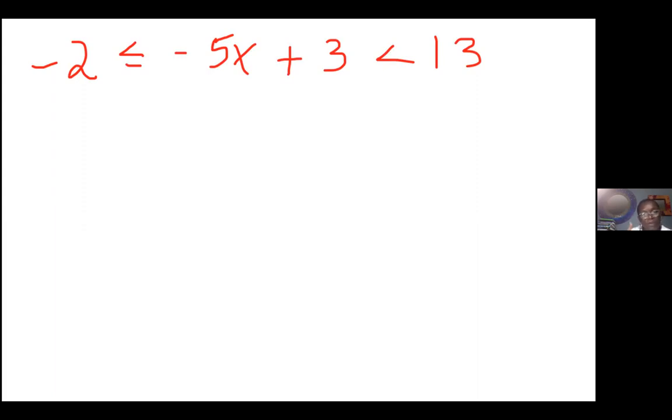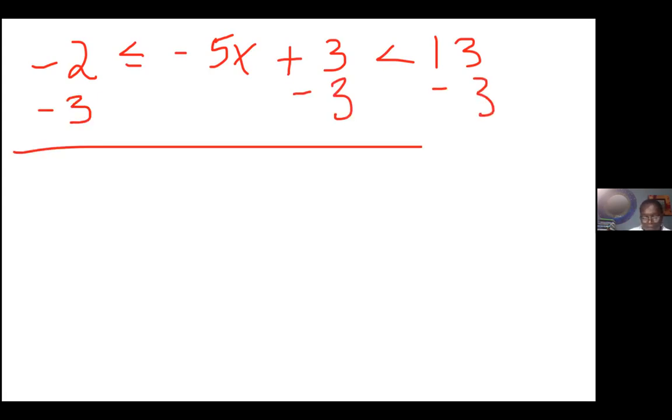So we start off in the middle because the goal is to isolate the x in the middle. So we're going to get rid of the 3 first by subtracting 3 to the middle, to the right, and to the left. So this simplifies to -5 is less than or equal to -5x less than 10. Now,